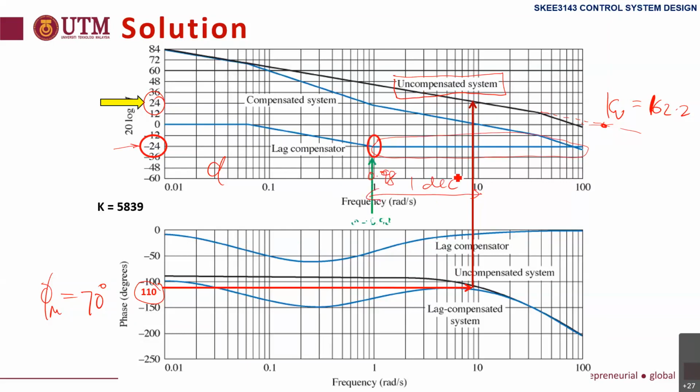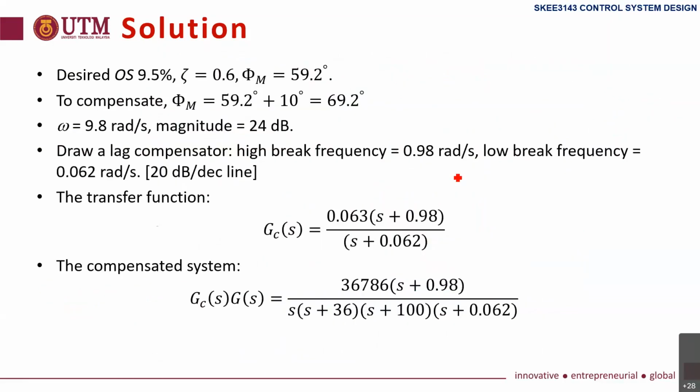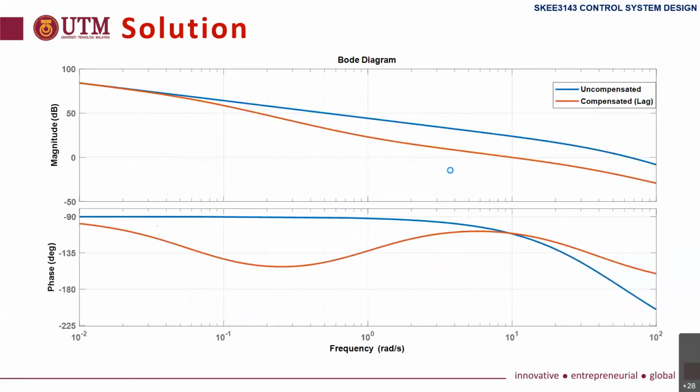Then we draw a line at 20 dB per decade until we get another point. Here is 0.062. Then that is known as the lag compensator. Okay, so